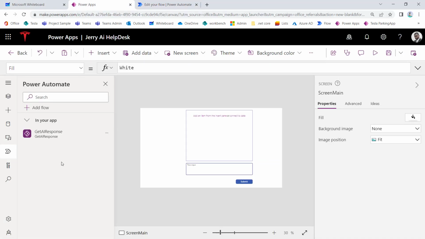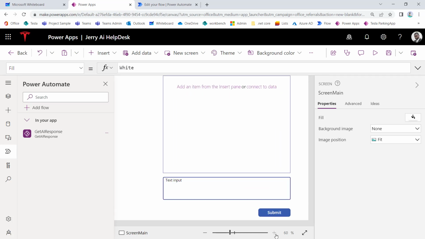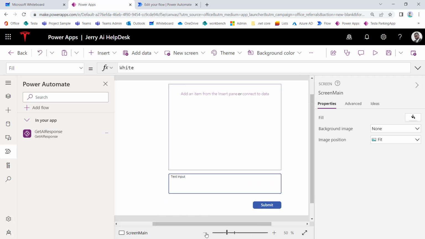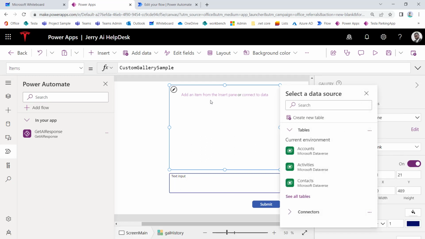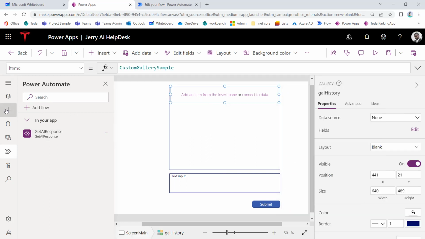Let's go back into Power Apps. Let's refresh this because we did add parameters, and so if you change the signature, the parameters that you pass into it, or the signature of the response, then you want to refresh this so that way Power Apps is updated with the latest and greatest changes that we did in Power Automate, right? All right, so now to keep this simple, let's just drop in a label